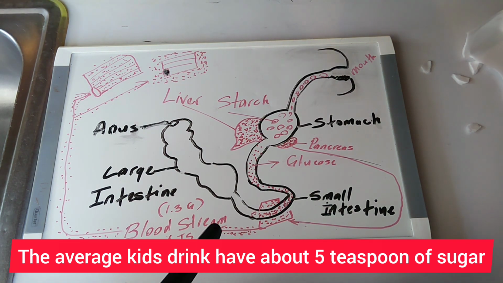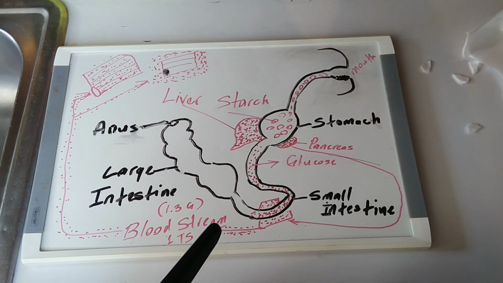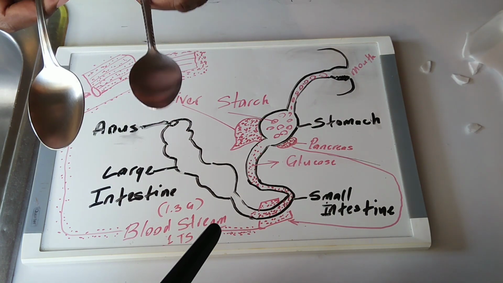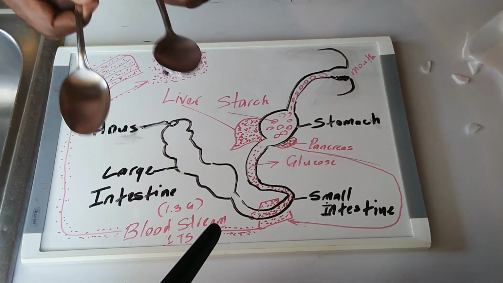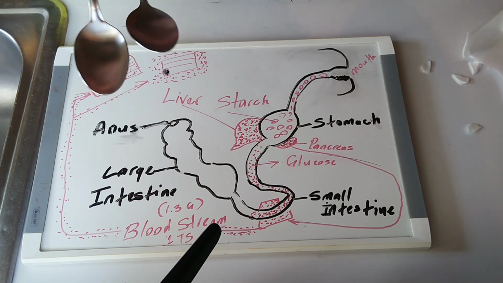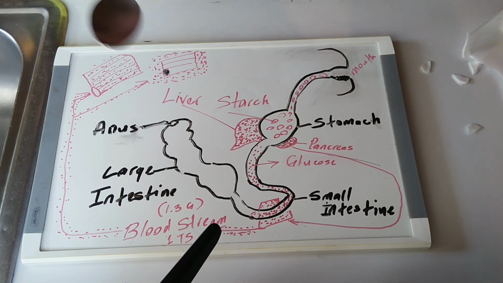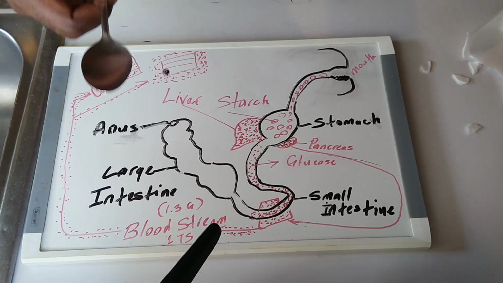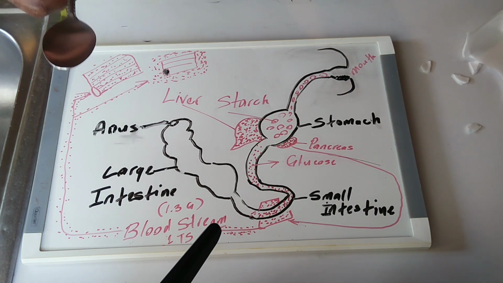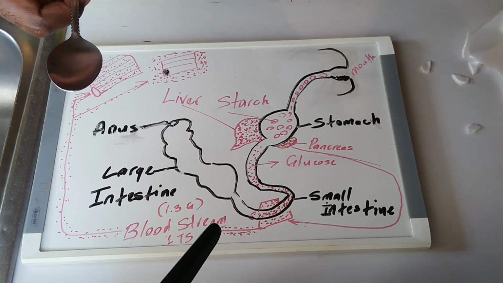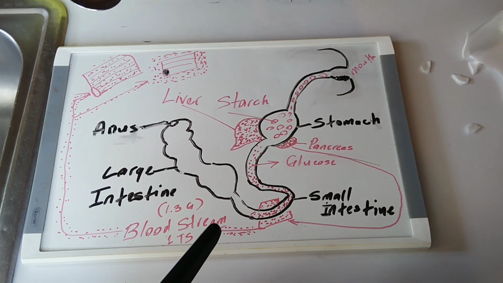So can you imagine when you eat or drink some of these sugary beverages with 6 and 7 and 8 and 10 teaspoons of sugar? Now you have 1, 2, 3, 4, 5 in your blood. And all of that sugar in your blood, what do you think that sugar is going to do? It is going to cause chaos in your blood, because your blood is not supposed to have more than a teaspoon of sugar in all of that blood. Alright? Sugar is important in the form of glucose, but an over amount of sugar can kill you.